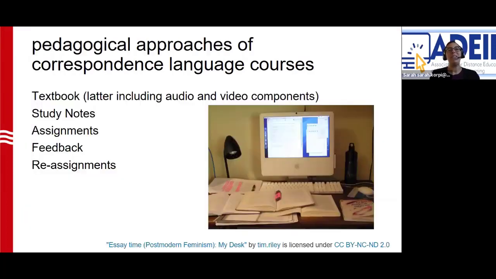Some of the first courses in this program were language courses, including Arabic. The basic structure of the courses included a textbook, study notes, and assignments, and it was vital for the assessments to be in alignment with the textbook and study notes because there was not the opportunity for instructor-student engagement between assignments. The study notes took the place of traditional lectures and offered students a different explanation and other examples than what was available in the textbook.